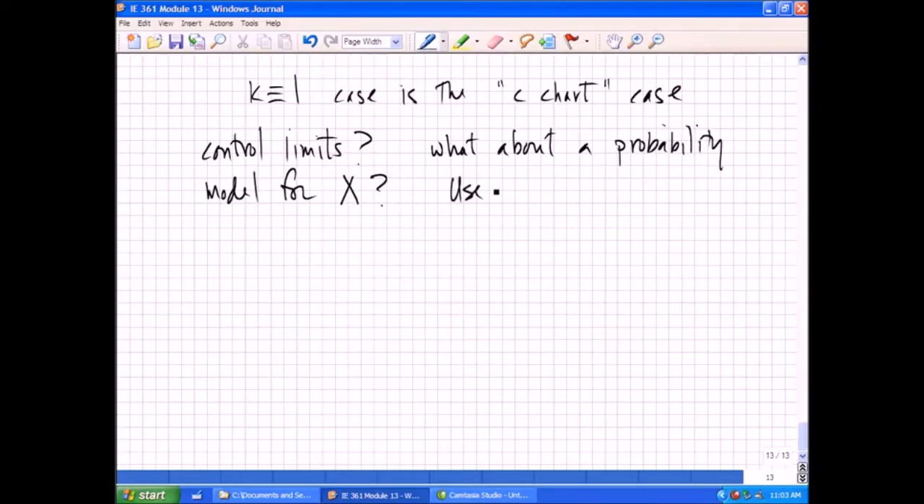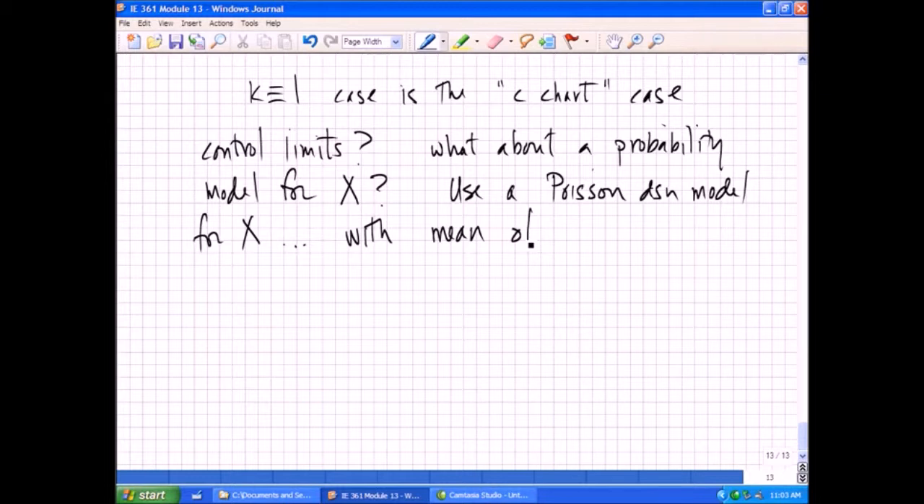We're going to use a Poisson distribution model for x, and we're going to use, say, a mean. Well, somehow the mean of x needs to depend upon the number of units inspected going into the count for x. So we're going to have to